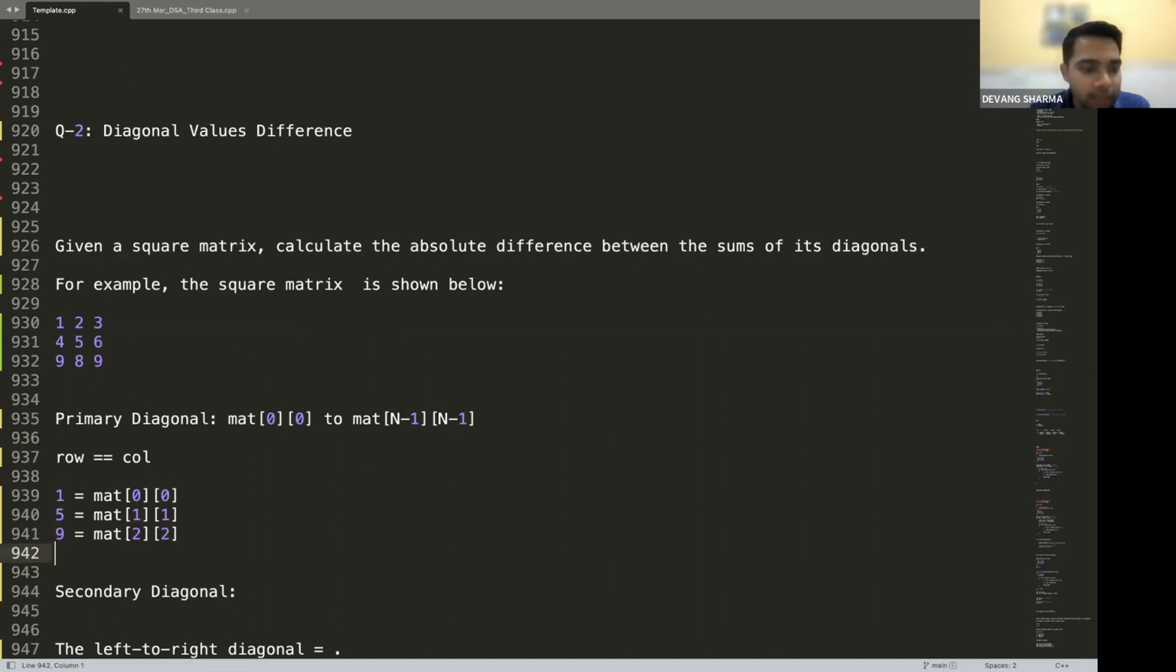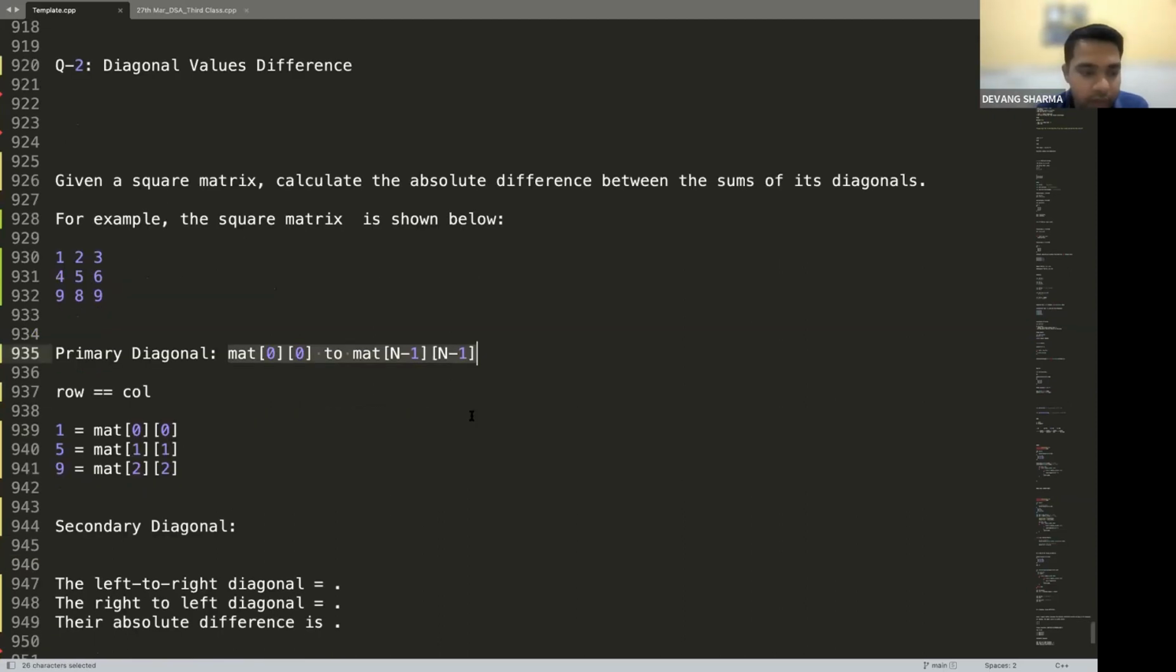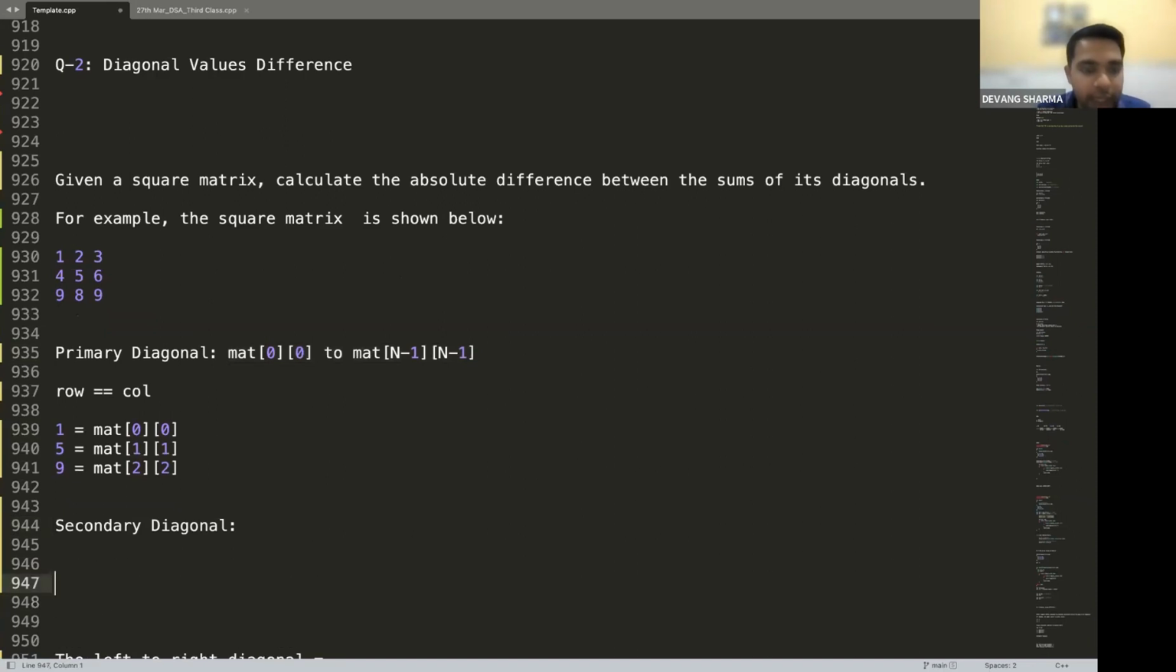That is the property of primary diagonal elements. All primary diagonal elements have the same row number and column number. Row index and column index are the same. Got it? The primary diagonal connects 0, 0 to n minus 1, n minus 1. Coming to the secondary diagonal,